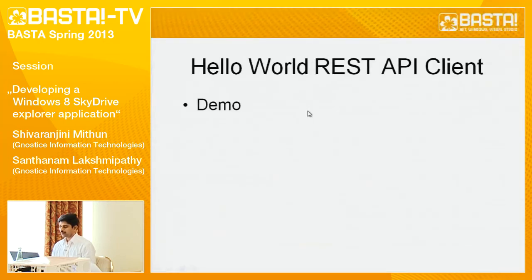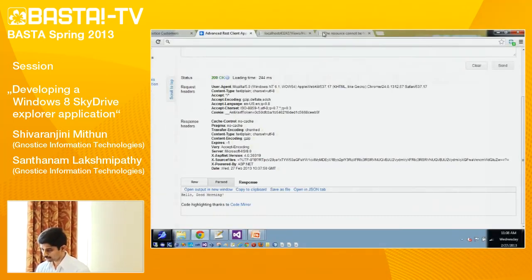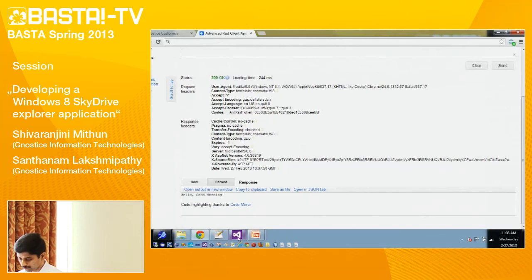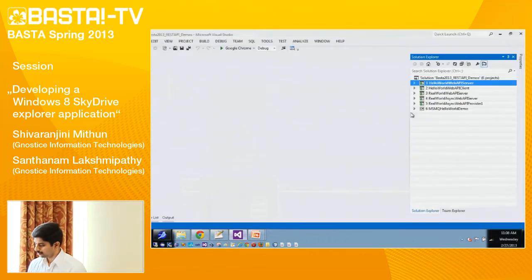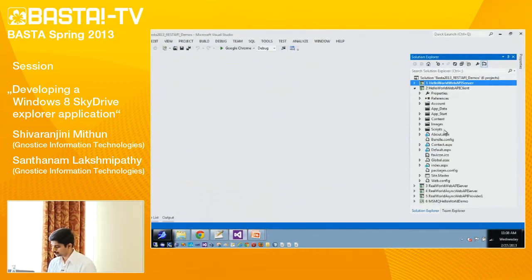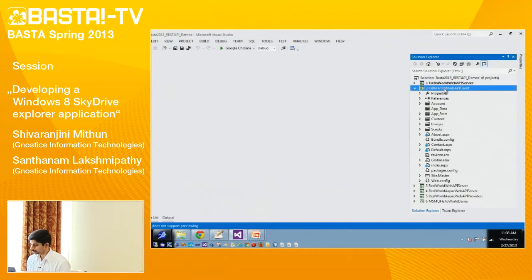Now we will see how to create a REST client application using ASP.NET. Let me close this IDE. I have already created this project, and it has been created using the ASP.NET MVC4 Web Forms application project type.